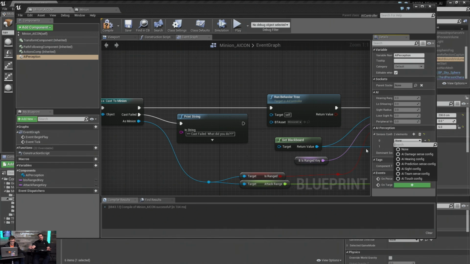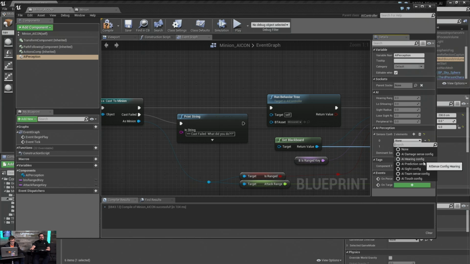A lot of you have seen us do this three or four times. For those who are new to the stream, AI perception is going to allow our AIs to actually perceive other actors in the world. Technically other stimulus sources, but currently a lot of actors get registered automatically. So back in the editor, we're going to go ahead and do sight config and hearing config.